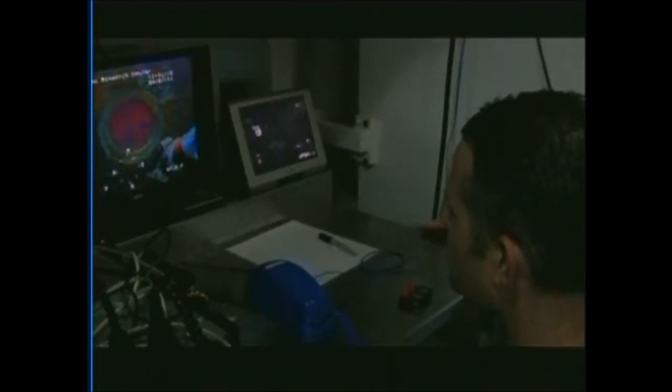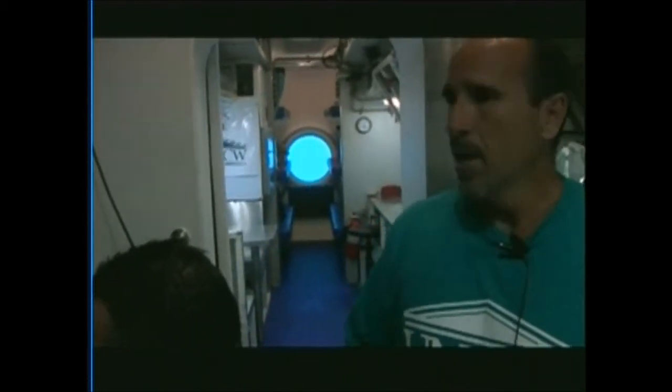Today, I'm standing in the area of the Aquarius habitat that's known as the entry lock. If you look over here where Nate's at, much like Nate is set up today with the ROV, we have scientists and astronauts alike that will set up their scientific monitoring equipment, computers, video equipment, and also communications equipment to run operations and gather scientific data. The cool thing about this is that scientific data or video or communications can be gathered in real time and also sent either back to shore or to a support vessel right overhead, again in real time through our